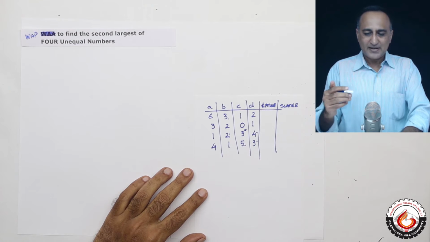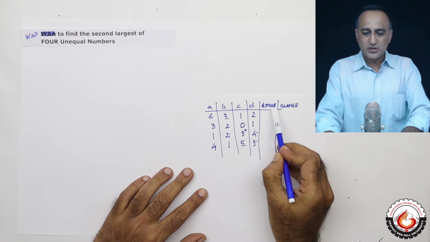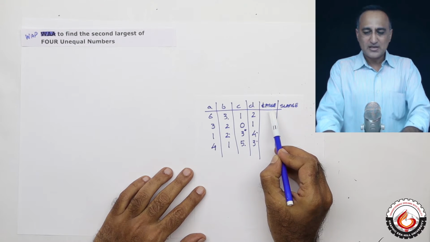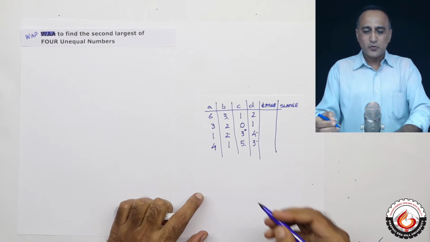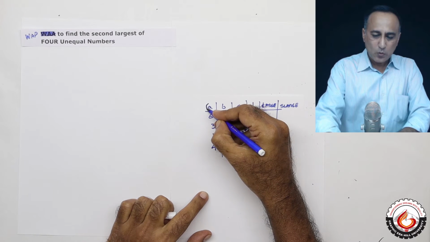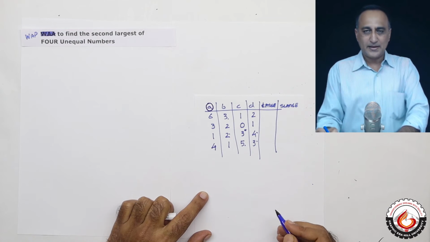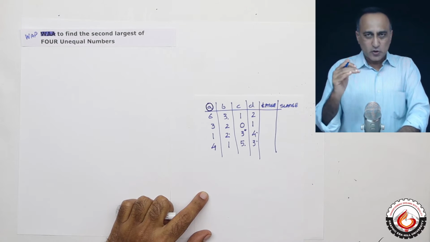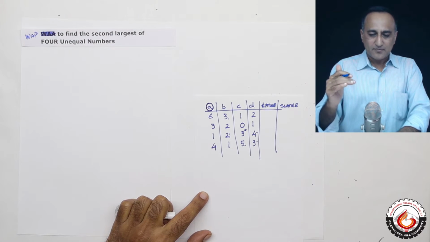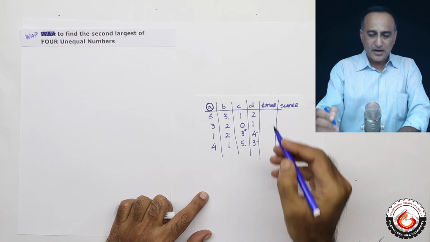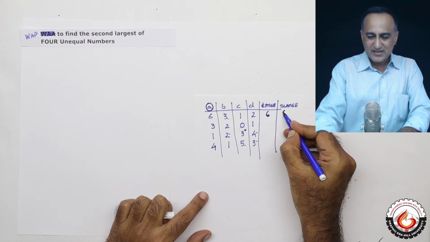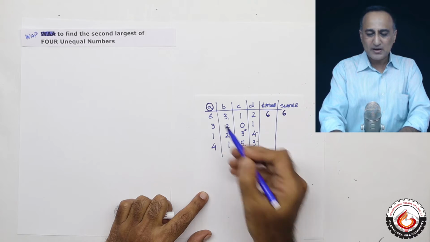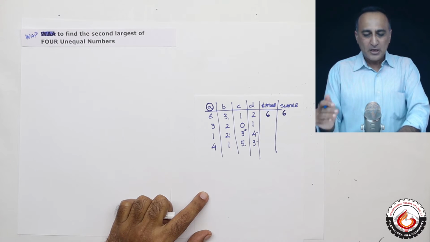So in order to find the second largest, I am going to use two other variables called large and second large. So what I am going to do is process one variable only at a time. So the logic is going to be like this. When I am looking at A, I am going to assume my large is also A as well as my second large is also A, assuming I am taking this line.